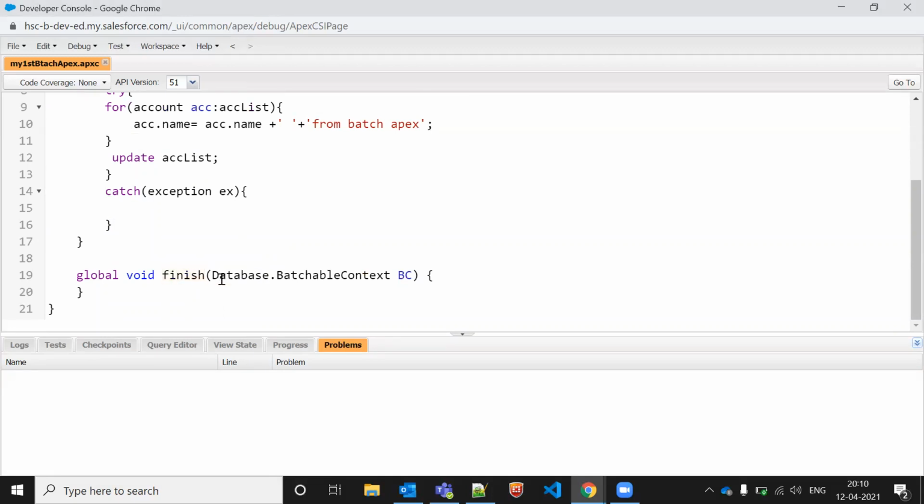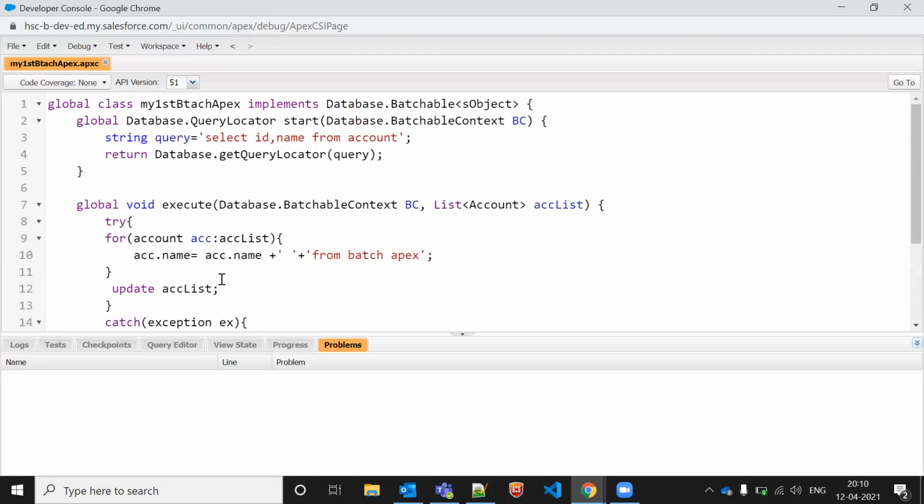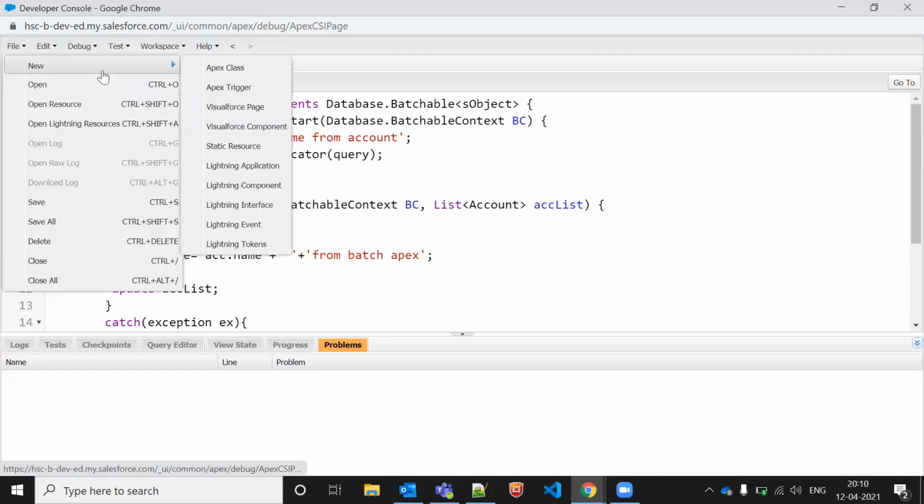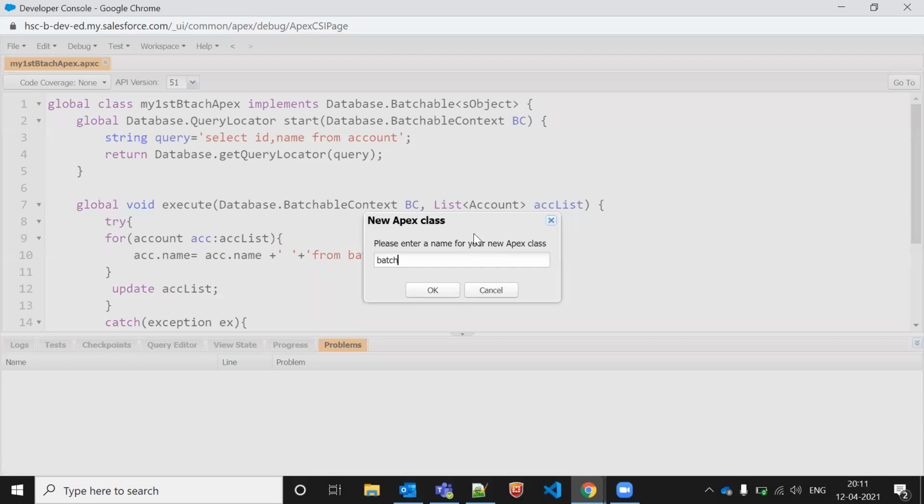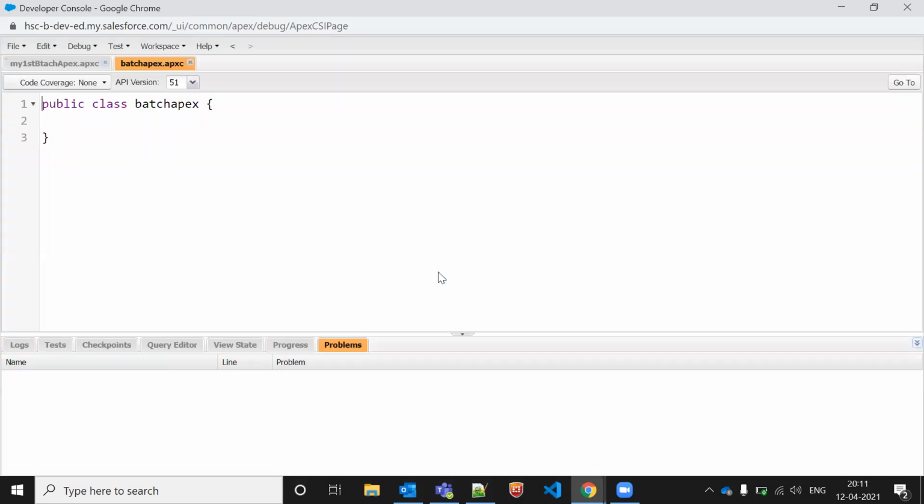Let's try to understand one thing here. Let me create one batch Apex, any class. Let's make one requirement and do that one.